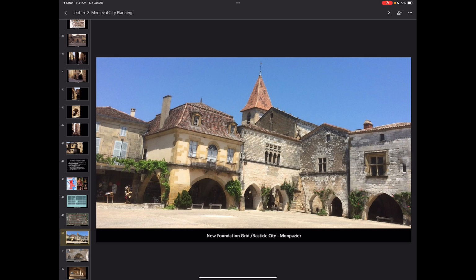Now recall I did tell you about those 30 centimeters, right? So if we look in between each one of these, there is a super tiny gap right in between them, and that was their form of fire code protection, right? So that's our central authority there, and notice that everywhere you look, we do have arcading. It might look a little bit different because uniformity was not really a thing during medieval ages, but it's still there, and it gives you the opportunity to have lots of merchants in that area, and they're safe and they're covered from the elements. And on this side, we have an even larger one, right? In the very center of that.